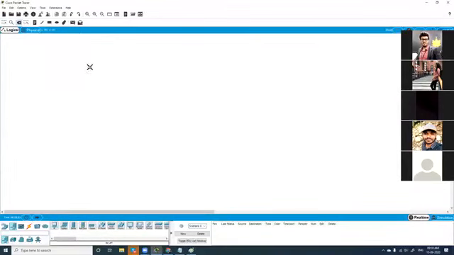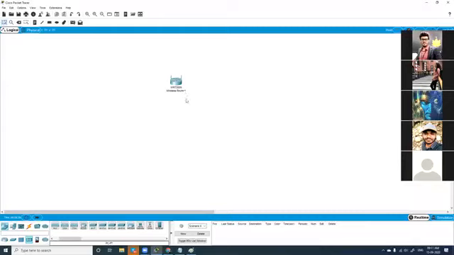Now we'll go for a wireless device. When you click routers, switches, and wireless devices, you will have many wireless devices at the bottom. You can choose any device, but we'll go for a basic device like this. You can choose this, or you can choose a home router. Anything is fine. So this is my wireless router or my modem.